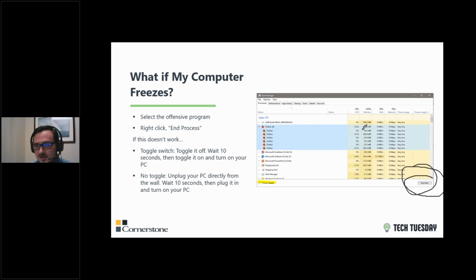And as you go through it, it will stop all the misbehaving programs, shut your computer down safely, and then you can just turn it back on, start up like you were, and reopen all of the files that you might have intended to save from Windows or from Office. If that doesn't work, then you're going to go to that toggle switch on the power supply, like I said. Then you're going to just hardcore flip it to the other option. Wait at least 10 seconds. I recommend 20 to 30, and then turn it back on.